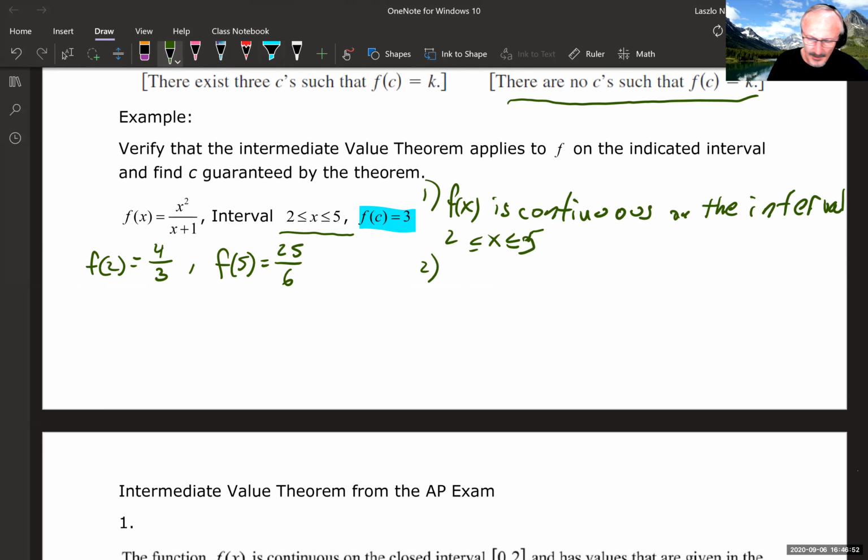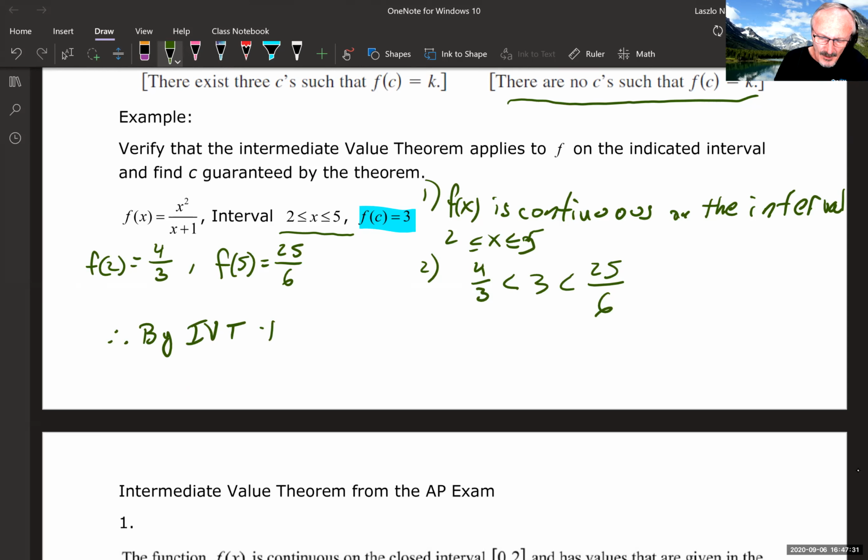Let's double check. 4/3 is indeed smaller than 3, and then of course 3 is smaller than 25/6. 18/6 would be 3, so 25/6 is bigger. So consequently, the two necessary conditions to apply the intermediate value theorem exist. Consequently, we can go to the conclusion of the theorem, since the hypothesis exists, and then indicate that therefore by